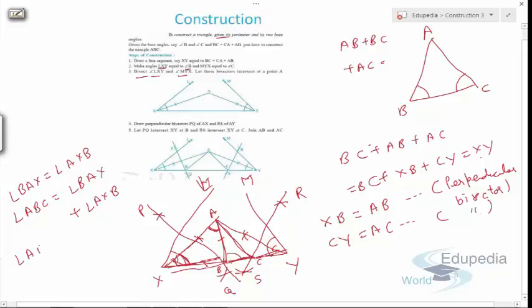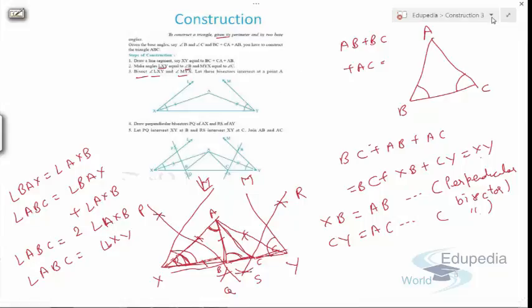So we know that this angle and this angle are equal, so we can say that angle ABC equals 2 times angle AXB, right? So since AX is a bisector of an angle, we can say that angle ABC is angle LXY, means this angle is equal to this complete angle. So through correspondence of angle we can say that triangle ABC is the required triangle. So this is how we can justify our construction, and how we can use the concept when the perimeter and the two base angles are given.